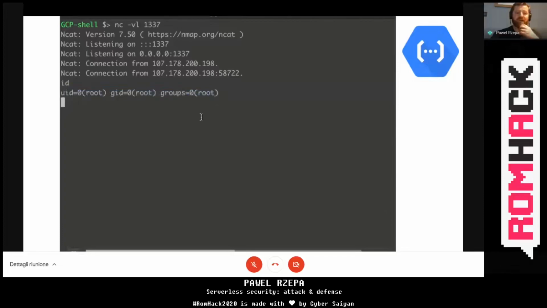As you can see, what is pretty interesting is that all the GCP functions are running under the root account. In AWS and Azure, the account under which they run has limited permissions. Here is a pretty interesting concept from Google.